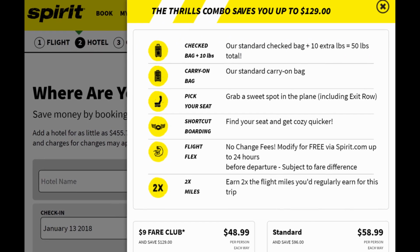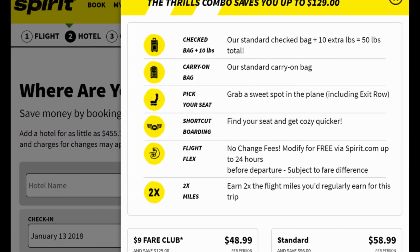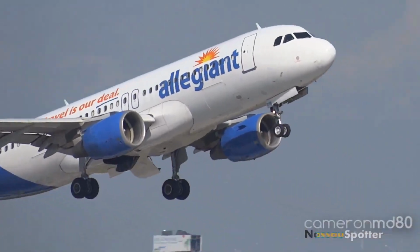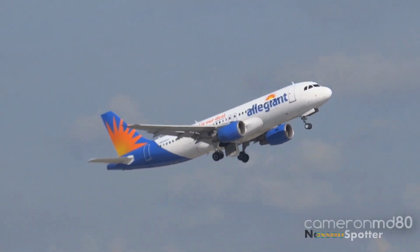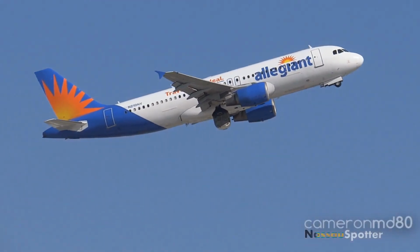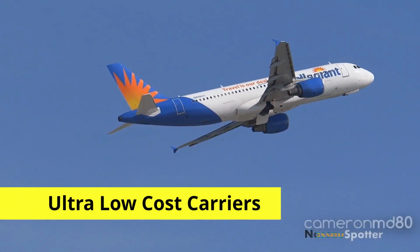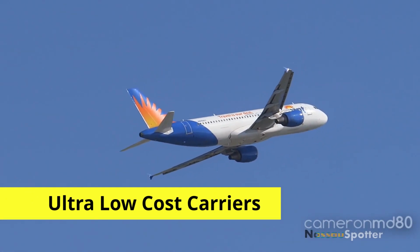To make up for revenue lost and decreased ticket prices, the airline may charge extra fees, such as for carry-on baggage. For the last 20 years, they gained popularity all over the world due to their reasonable tariffs and high punctuality in flight execution. And by budget airlines, I mean the ULCCs, ultra-low-cost carriers, in the United States being Spirit,